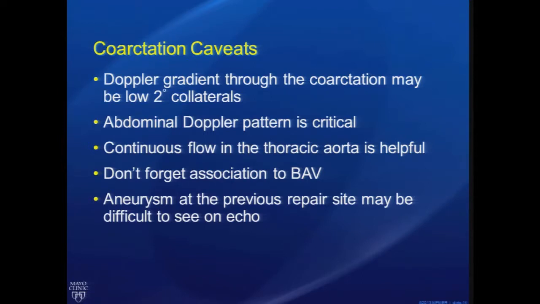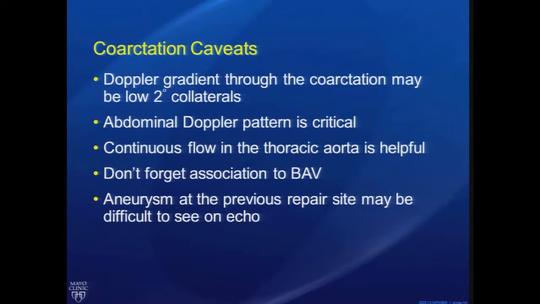Think about that continuous forward flow, and then if you see a patient in clinic or on the exam that they're showing you a coarctation, don't forget the association with bicuspid aortic valve and be looking for that. So if you have a coarctation, about a 50% chance, maybe slightly lower, that you'll have a bicuspid valve. It's not true the other way. If you have a bicuspid aortic valve, less than a 5% chance you would have coarctation. Remember, too, that if they're showing you a postoperative patient, you can get not only re-narrowing at the site of coarctation, but aneurysm formation, especially in patients who had what we call left subclavian flap type repair. And those aneurysms can be difficult to see